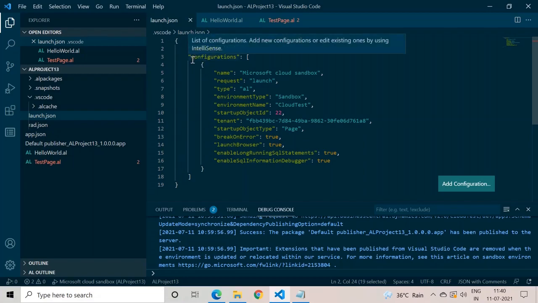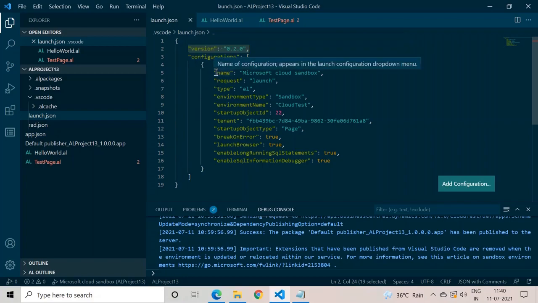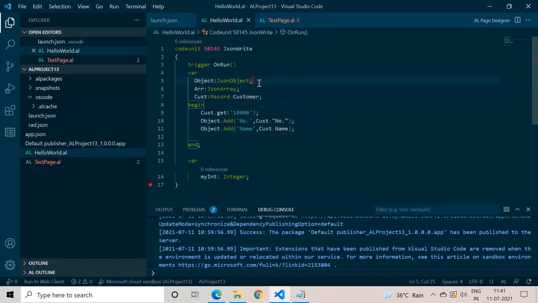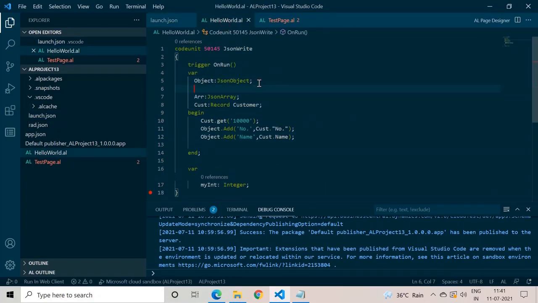Whatever values we see under the configuration are under the child braces. So that you can understand that this is the parent brace and these are the child braces. That means I need to define a second object